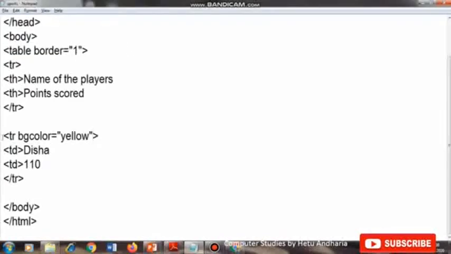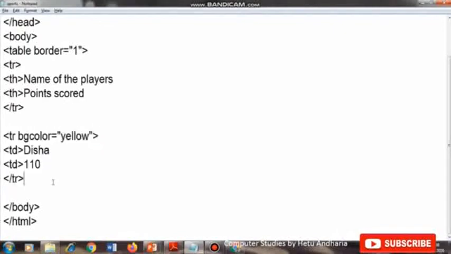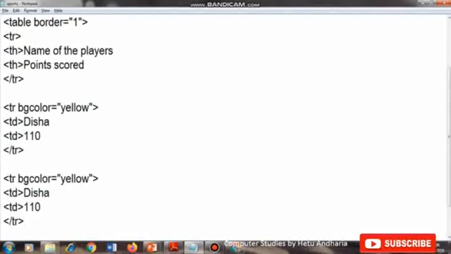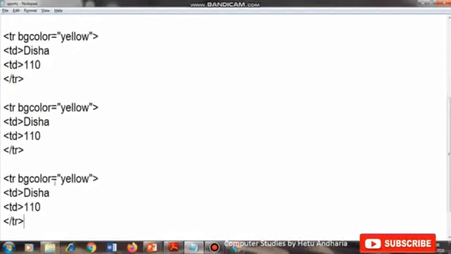Now for the next tr I don't want to change the color, so I will copy and paste this first. For the second one I don't want to change the color, so I remove this, and I change the name to Sweetie.